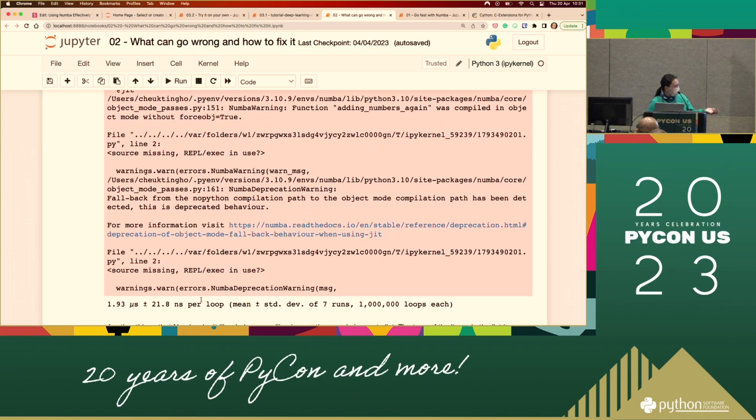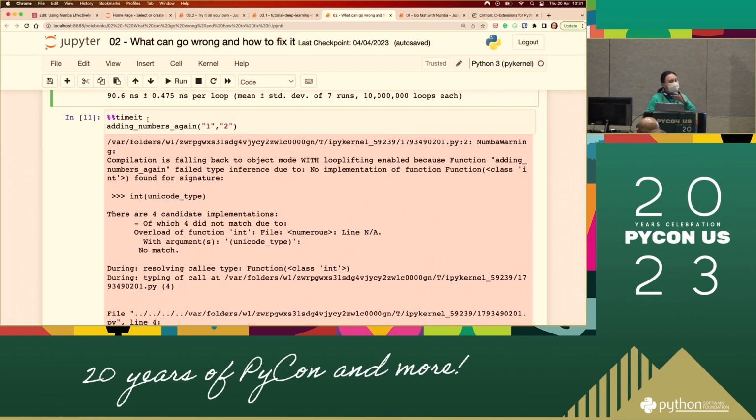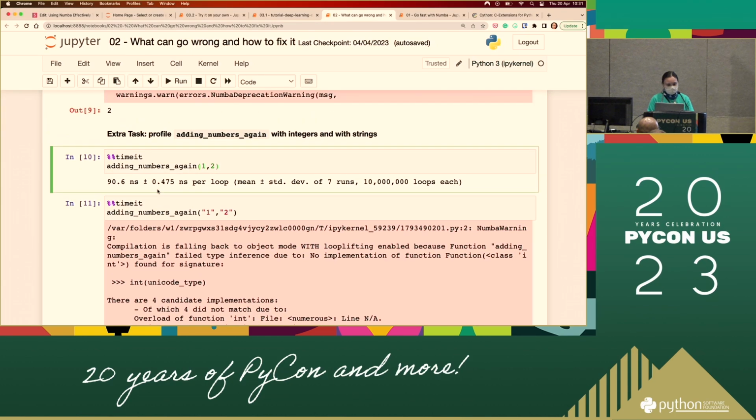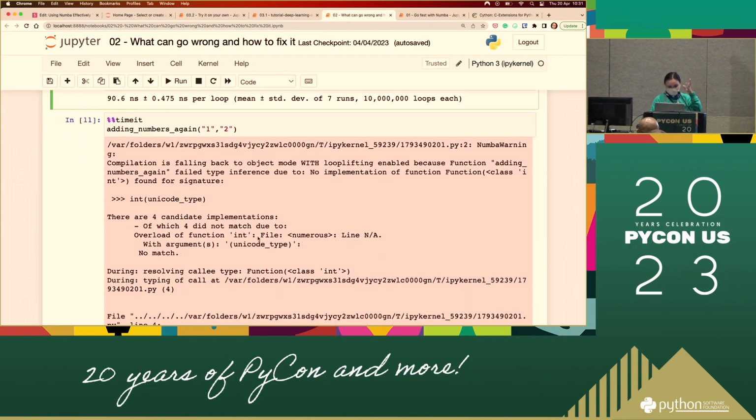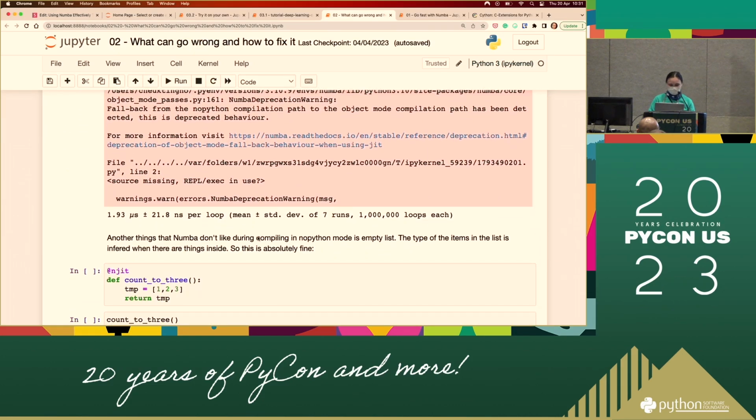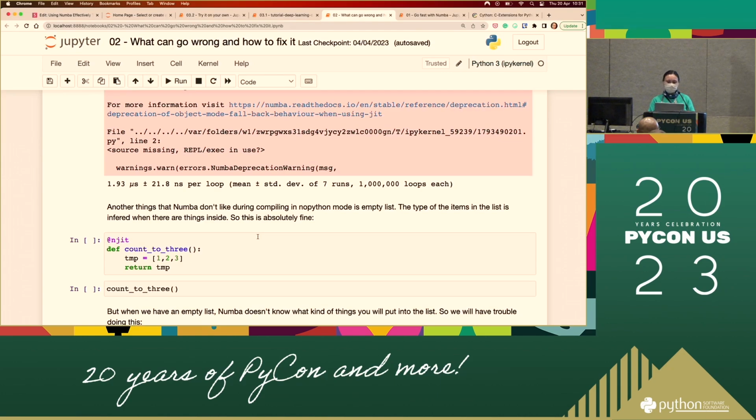So even though there are lots of scary warnings, sometimes it could be an easy fix, because even if you're using object mode, if it can be optimized, it will be optimized. Numba is trying its best to be smart and help you. So sometimes it's not a bad thing to use JIT if you're really struggling. But some people may want full control to make sure that nobody breaks this, it must be compiled, and then njit will safeguard that for you.